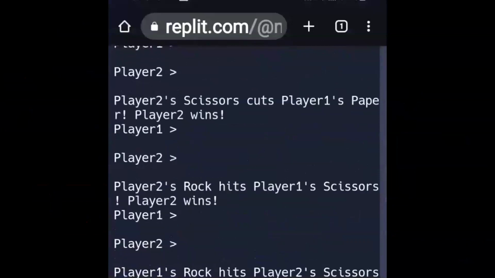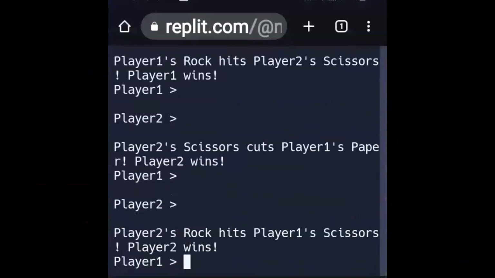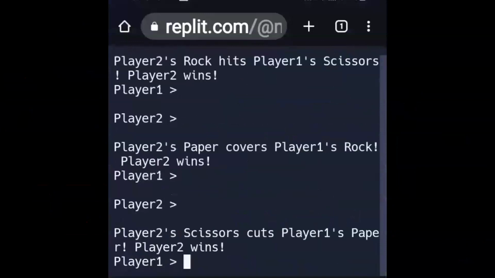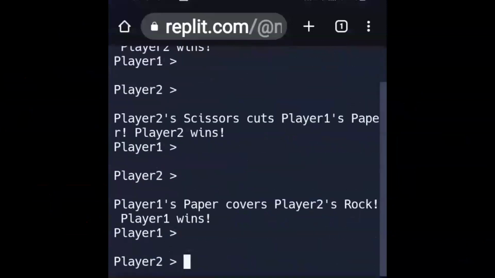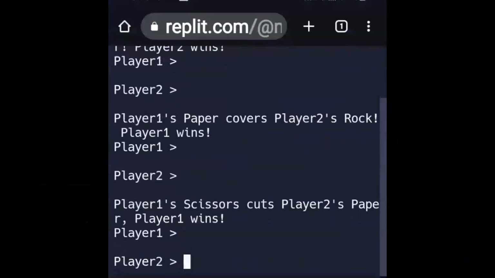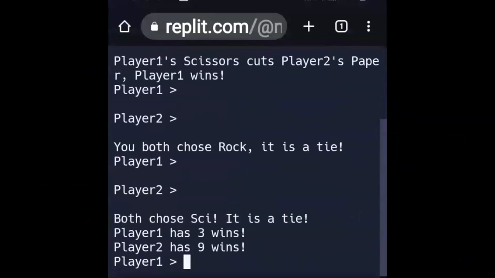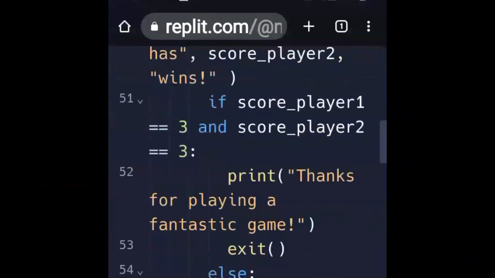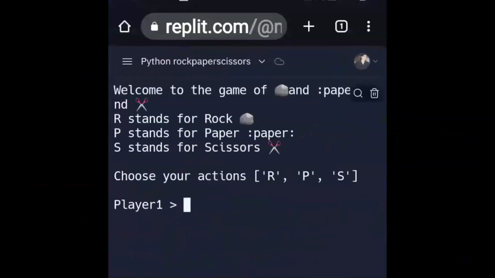Yeah, so I'm testing it out. There you go. Okay, so I just give different options. Yeah, it's coming out fine. You just give different options for player 1 and then, as per the statement in the loop, you test. Here, player 1 has 3 wins, player 2 has 3 wins. So when both of them have 3, you end the game with a thank you statement, then you quit. And then if you use the quit function to quit